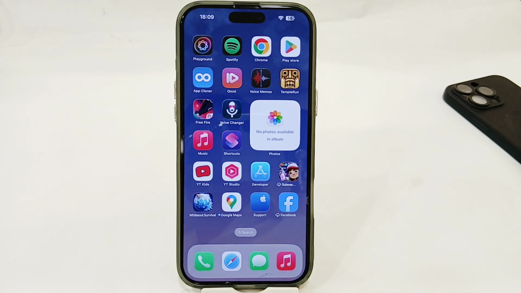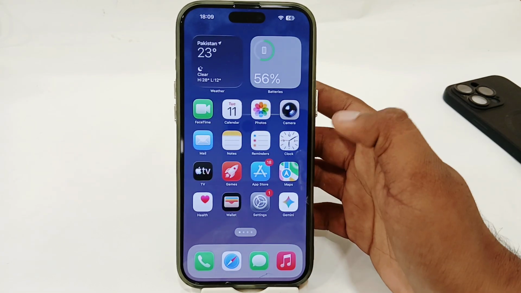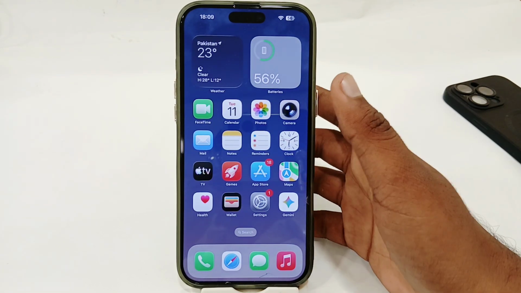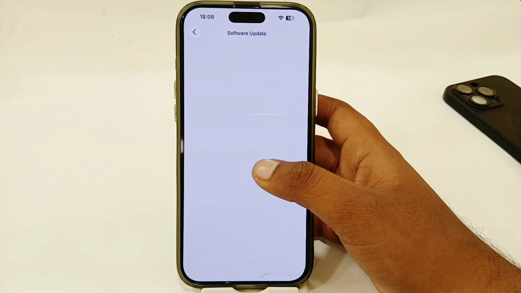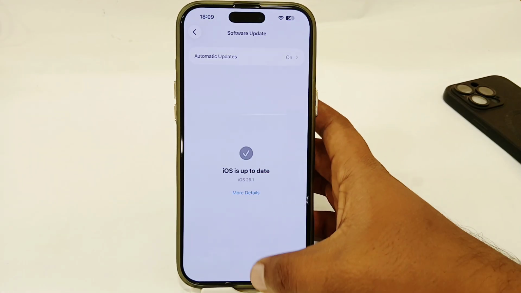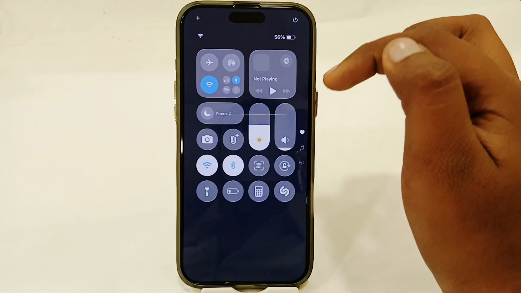So there's a simple step to enable your Game Center, but to do that, the very first thing I recommend is to update the software. So go to Settings, go to General, go to Software Update, and you have to make sure that you're up to date. And after doing that, you just have to go back from here, scroll down to your Control Center, and you'll get